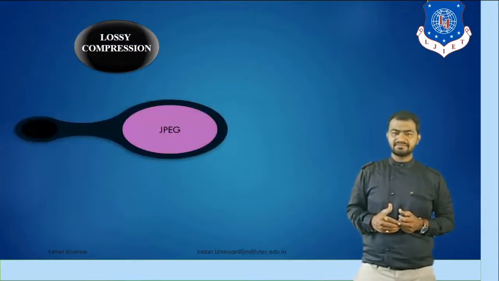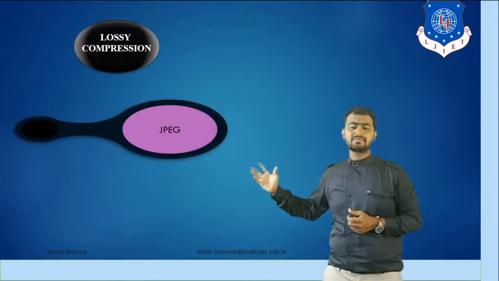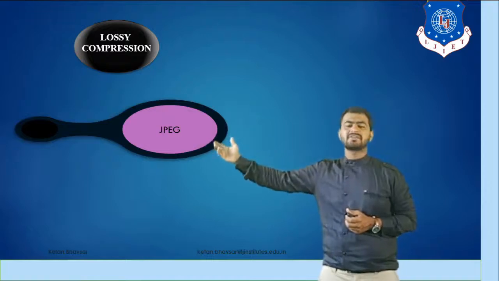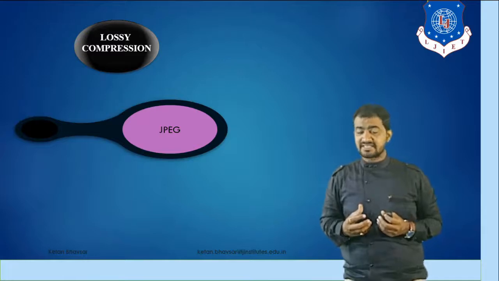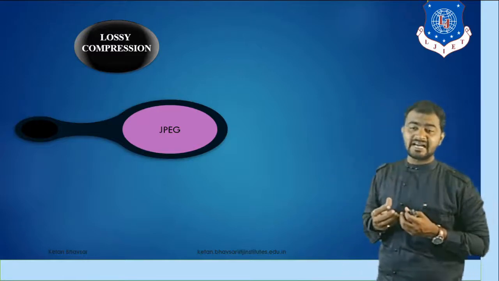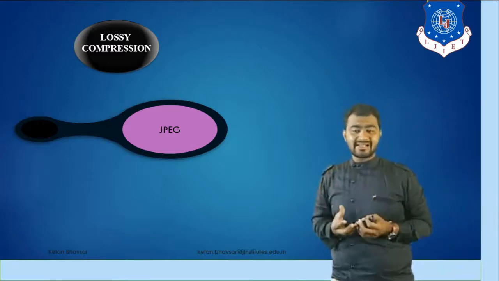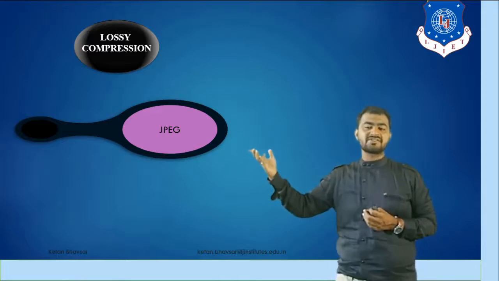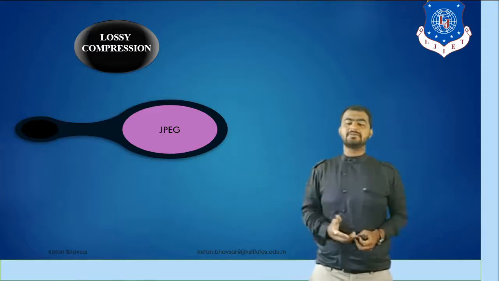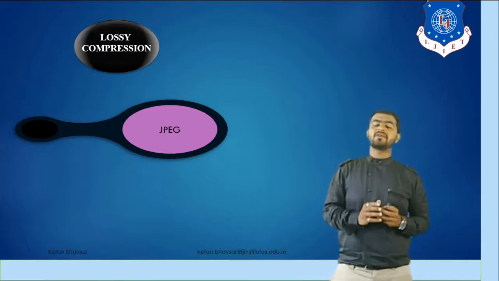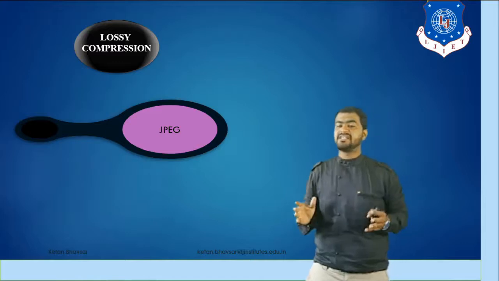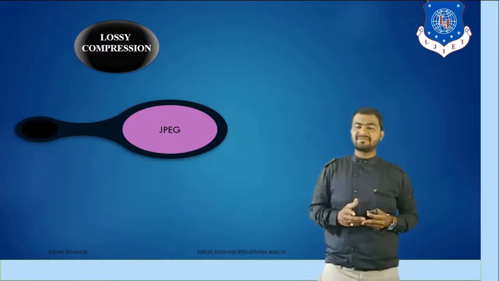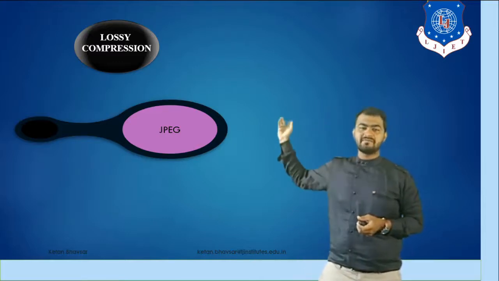Now, lossy compression. In our chapter, we have to focus on JPG based compression, which is Joint Photographic Experts Group compression. Whenever we work in image processing and want to transmit data which has a higher data size, we use JPG compression. This technique plays a main role when we want to work with large files and large data at a time for compression based applications. So it plays a main role in lossy compression.